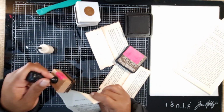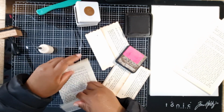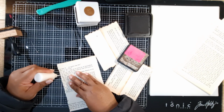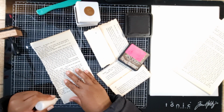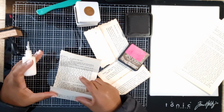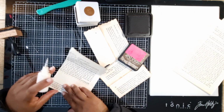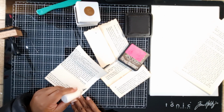Okay, so I'm going to ink here like that. Then I'm going to ink this part of the pocket up until the crease line. And then I want this one to go on top, so I'm going to put that at the bottom. Once I've folded it in, I'm going to